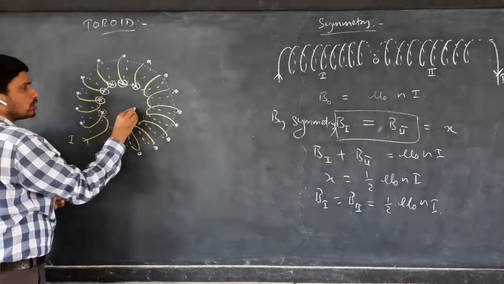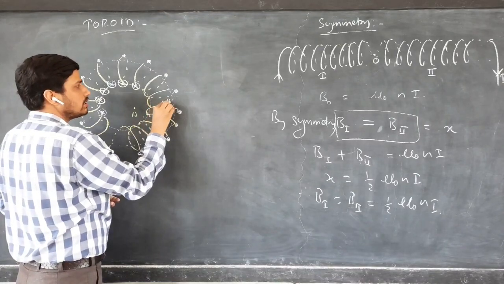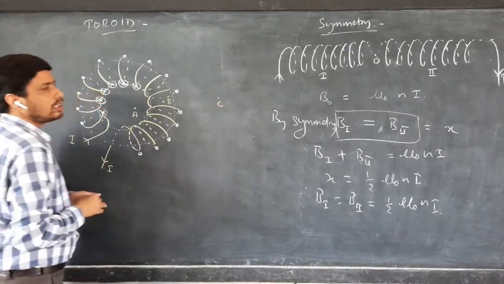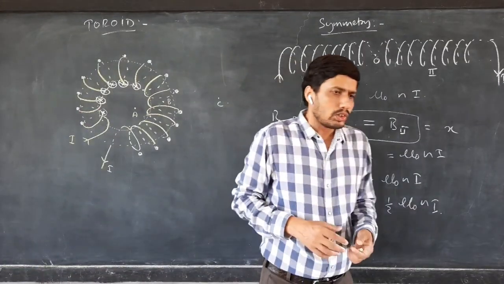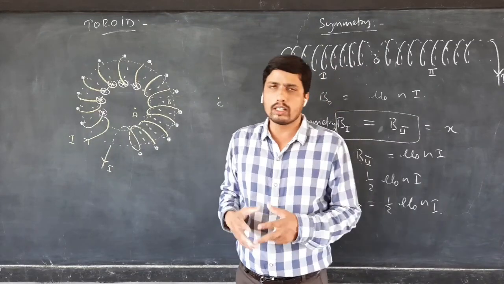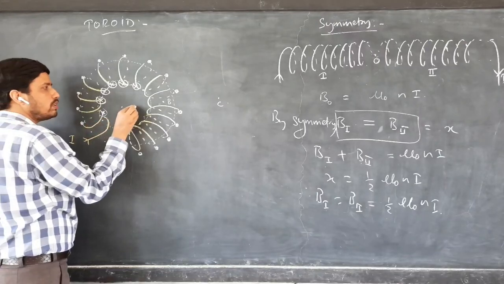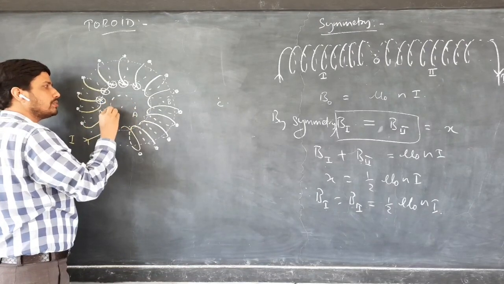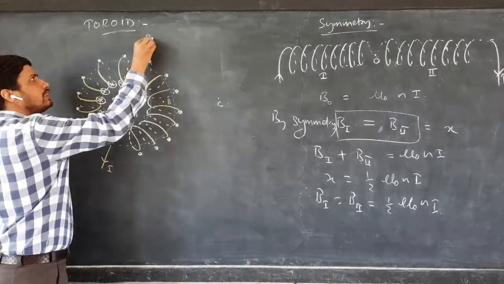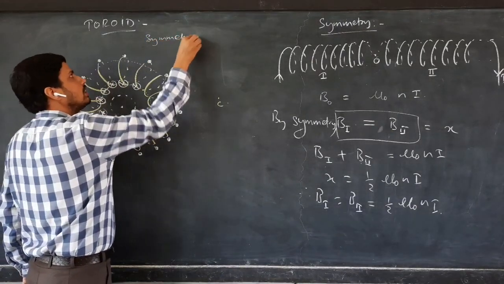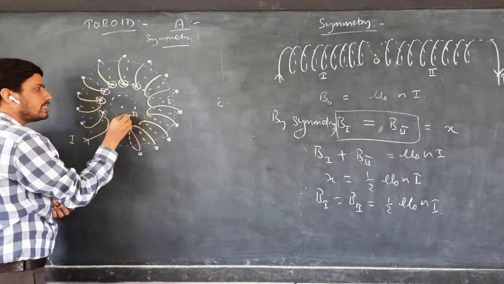So I'll choose suppose this point as A, this point as B, and this point as C. Let us first try to find the magnetic field at A. So we will use Ampere's Circuital Law and the concept of symmetry. This is the center of the toroid. Through A, we will draw an Amperian loop like so. We will invoke symmetry again. Symmetry says at all points on this Amperian loop,